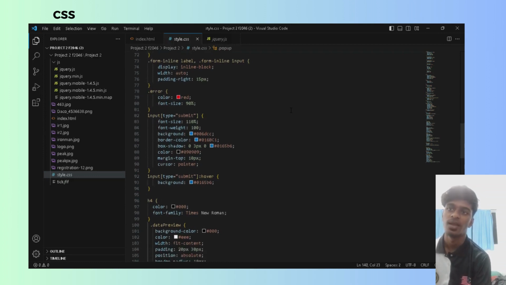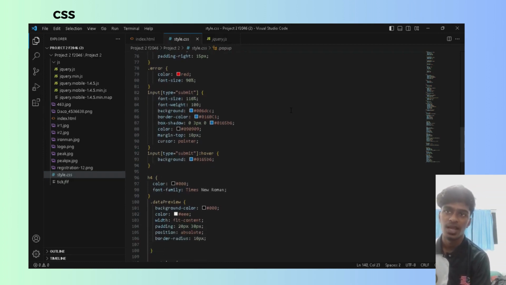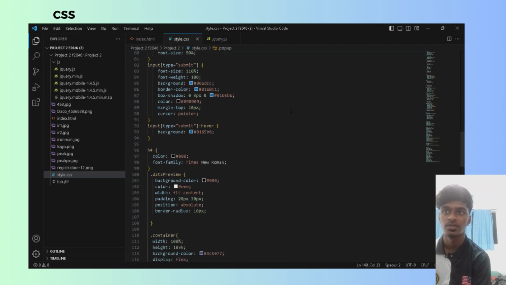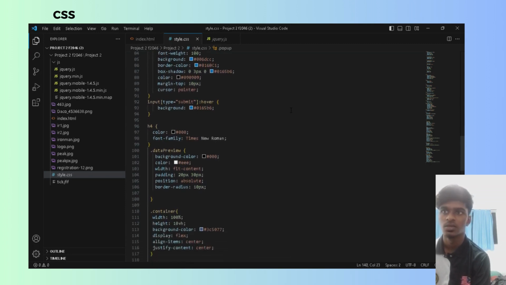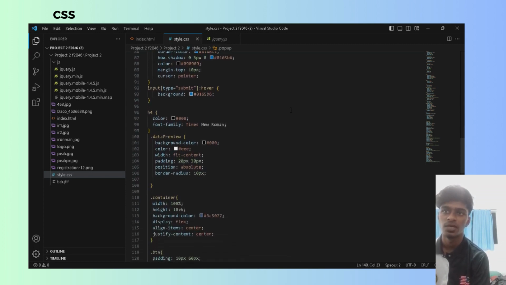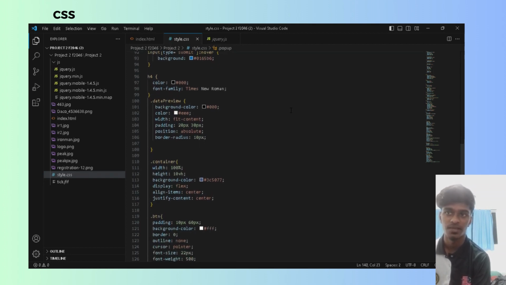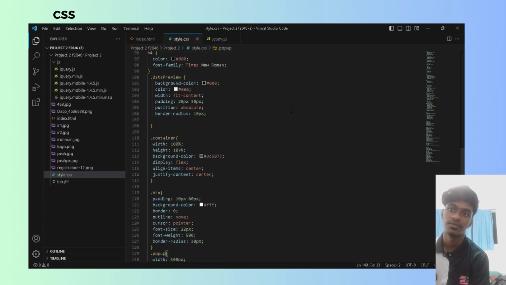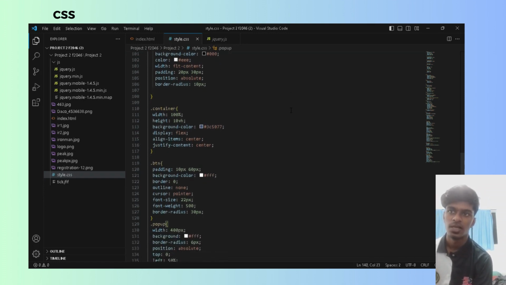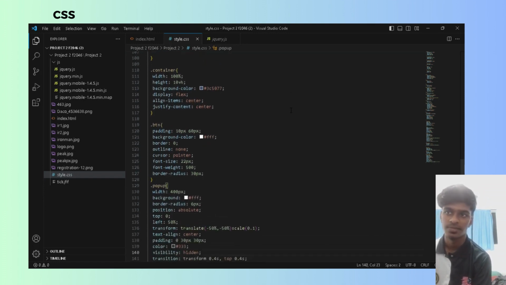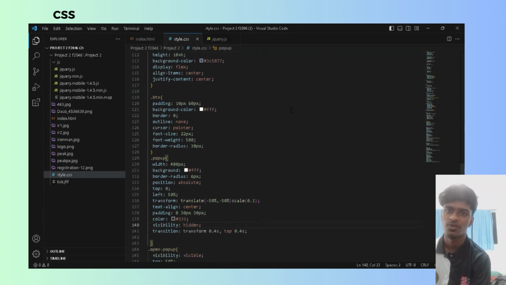Next, form inline label, errors, I choose the color red, input type submit, hover, h4 color black, and the font Times New Roman, data preview, background color black,